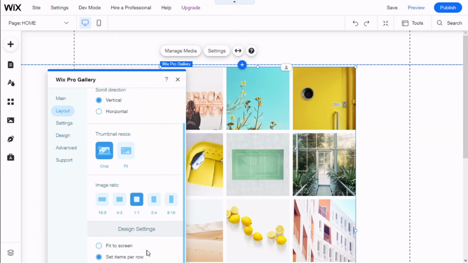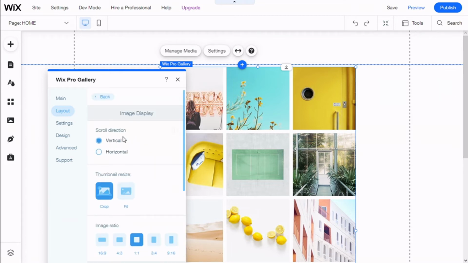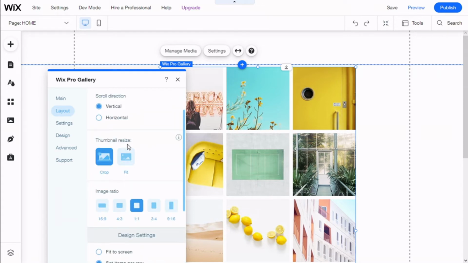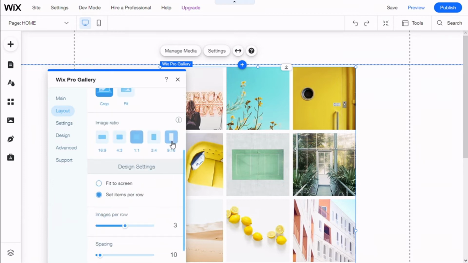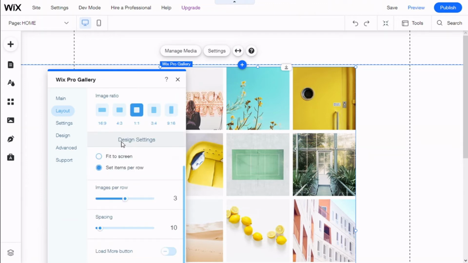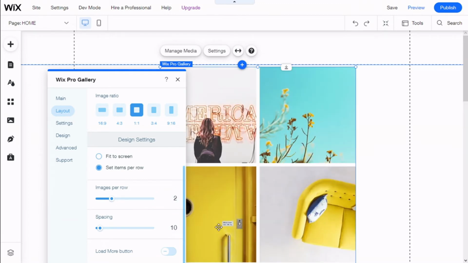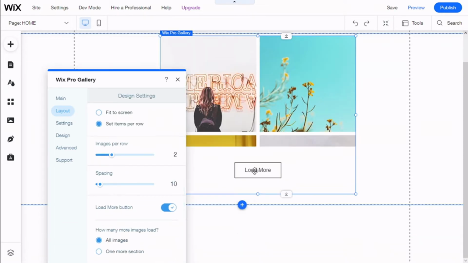And if we go to customize the layout, we can select the scroll direction, for example, vertical or horizontal. We could resize the thumbnails to crop or fit. We can select the image ratio of either 1:1, 3:4, and so on. We can design the settings to fit the screen or set items by row. We can select fewer or more rows. The space between the images, like this one's right here. And we can select to add a load more button and how many images are loaded,